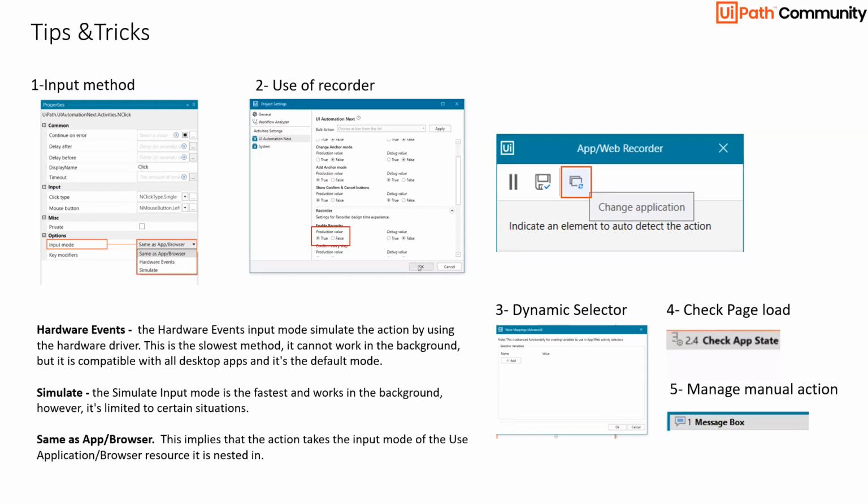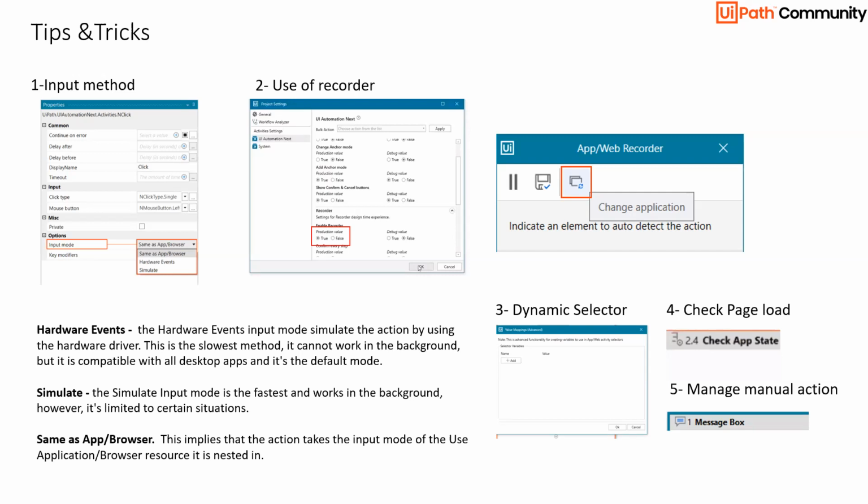That's the challenge, and sometimes it may not support it in all the applications. And same as browser, which is a default, like most of the time you see those are used, which indicate and it takes what is inherited within the same resource and application. But it's always good to check those properties whenever you are dragging these input methods, which can act as a background activity for you. It saves the time, because the moment you automate, there will be challenges to say, okay, it is bringing on my front end and it's disturbing the user. So using simulate and hardware event, you will see those activities can be done in background.